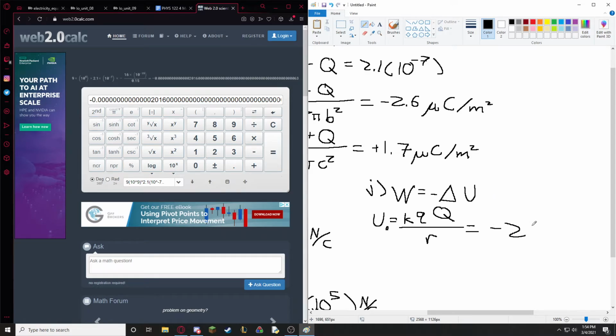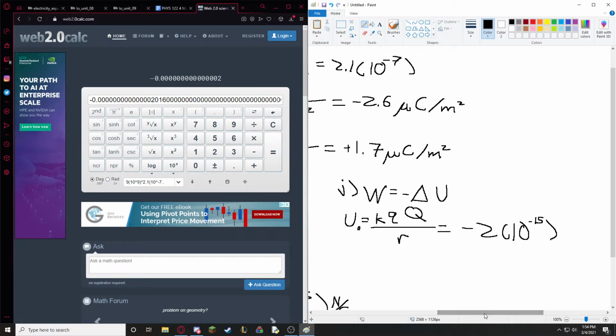So negative 2 times 10 to the negative 15. And what's our SI units for potential energy? Joules? Yep, it's just joules. So very small